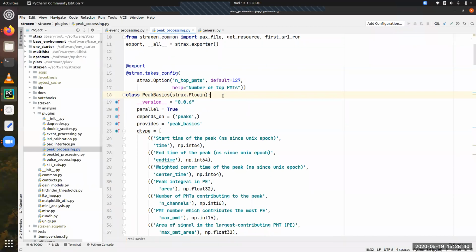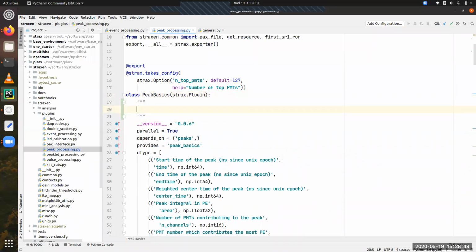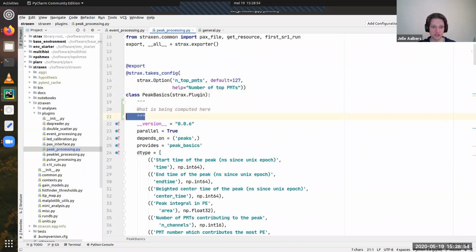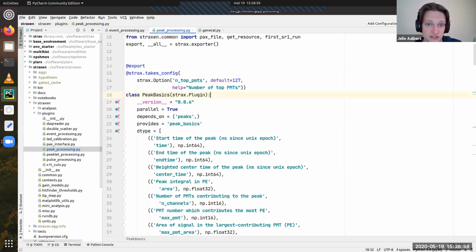I agree. A docstring on the class would be interesting for what is being computed, and then on the compute function for how it's being computed, if there's a difference. But anyway, it was just a thought looking at it. Yeah, it's a good thought, Chris. Those are completely fine pull requests if anyone here wants to practice contributing to Strax or adding something. I don't mean you, Chris, but of course you're welcome to it too, though you've already contributed. So